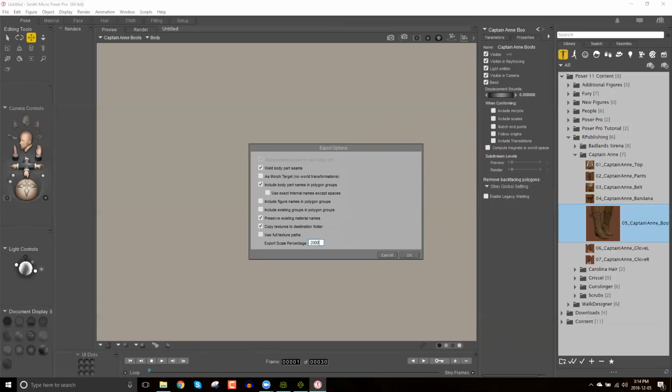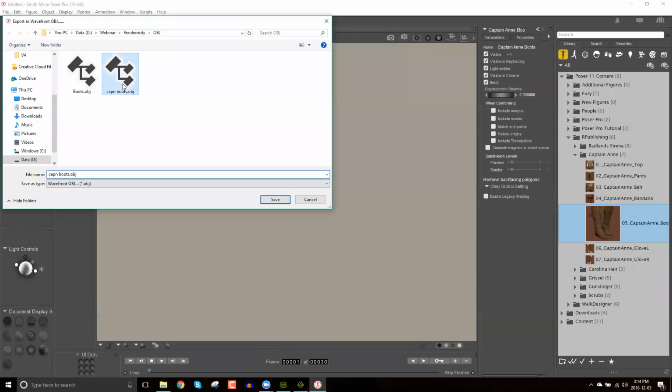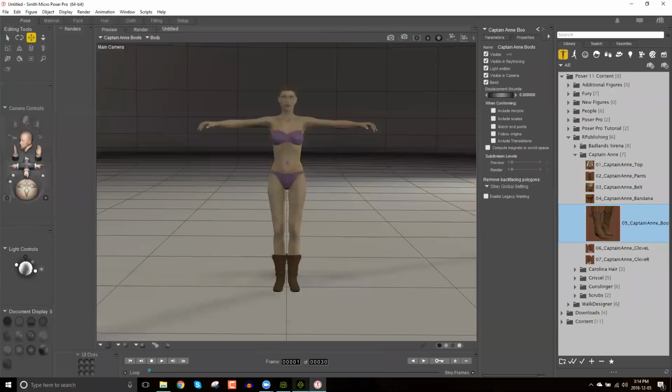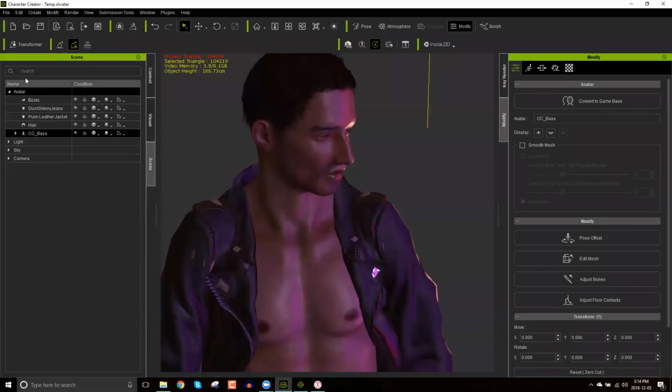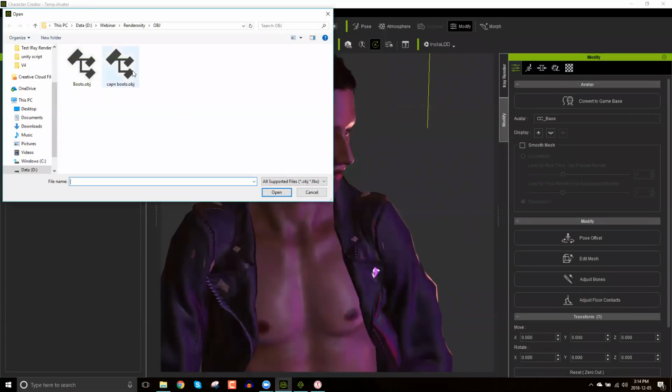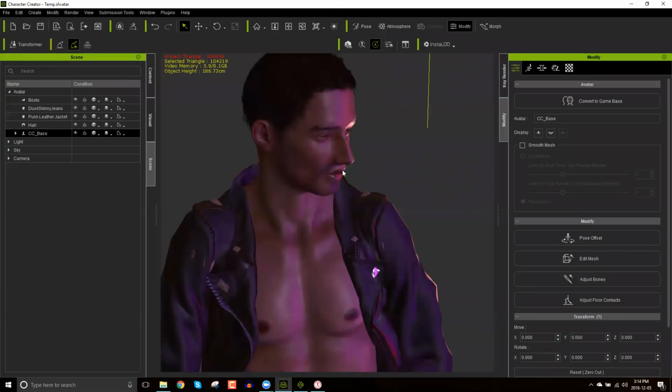All right, let's try like 20,000 maybe for this one. That might be a little on the small side, but all right, we'll give it a shot anyway and see if it pops in correctly here. Okay, so there's the character in iClone, by the way. Let's just try and bring that because I'm really curious. Because when I was messing around with things,